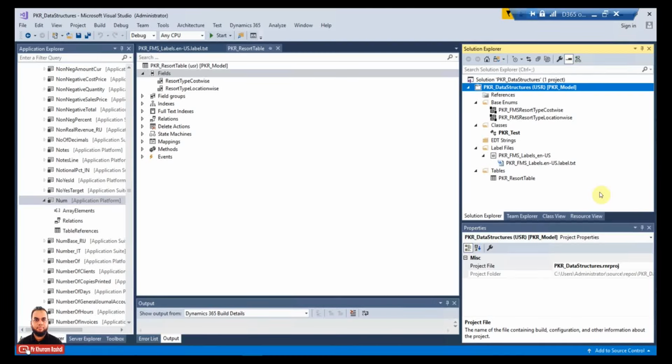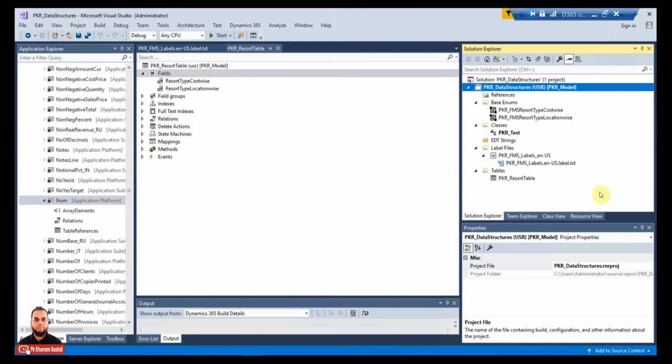Hello everyone. In today's training session, which continues from our last session, we covered a few concepts in X++ and data structures used in Dynamics 365 Finance and Operations. The concept we covered previously was base enums. Base enums describe a structure just like a short integer with a literal value